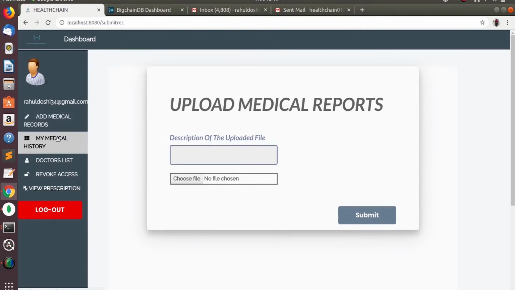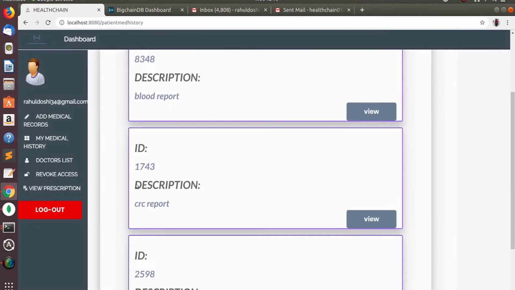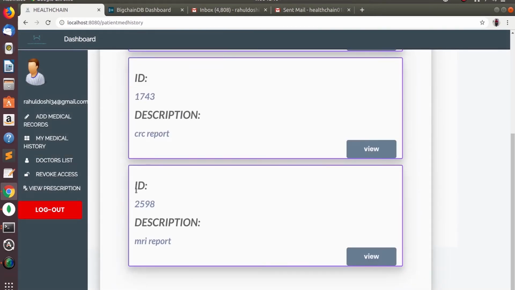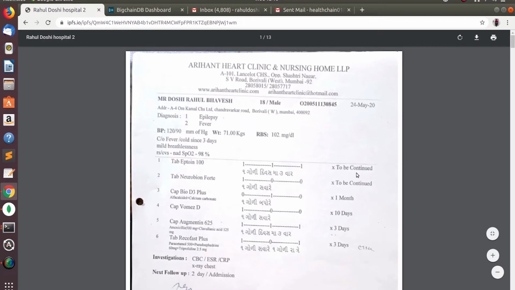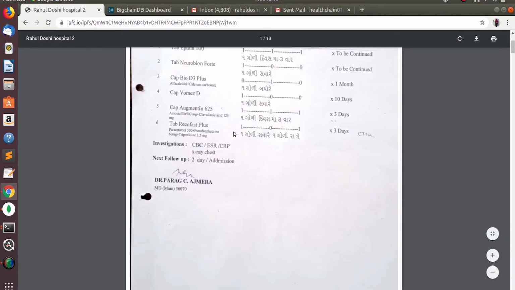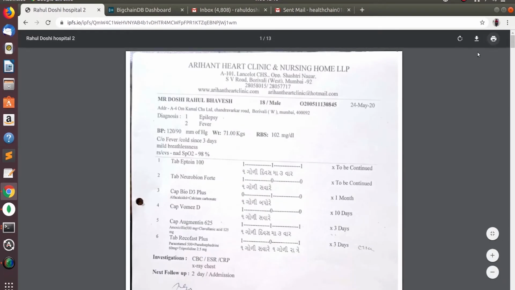User can see all the uploaded files in the medical history. See, you can see that I have uploaded 3 files. User can also view the file. This file can be accessed anywhere, anytime. You see, this is actually a real report. You can also download this report.